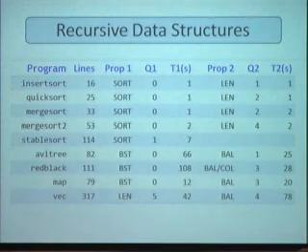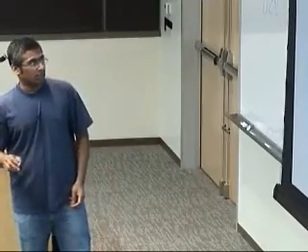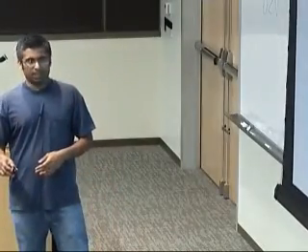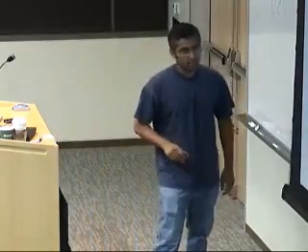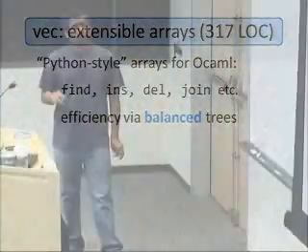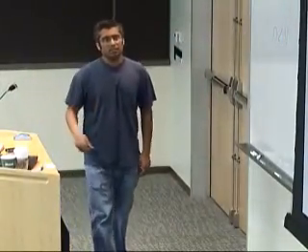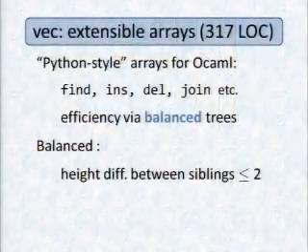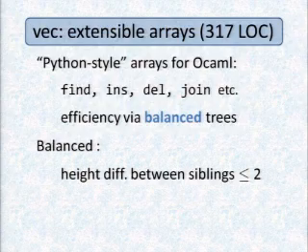For these, AVL tree, red-black tree, whatnot, the corresponding measure invariants, if you wish, are balance invariants. So you would like to know that the AVL tree is balanced and the red-black tree is balanced, as well as has the color property. I'm not going to go into the details of that. And that map and vec also have, at each point, the left and right heights balanced. And we actually have a fun story involving vec, which was written by someone you might know, Luca Di Alfaro. It's this functional port of Python-style arrays for OCaml. It has find, insert, delete, etc., all implemented via balanced trees. And balanced means that the height difference between two siblings at each point must be less than 2.